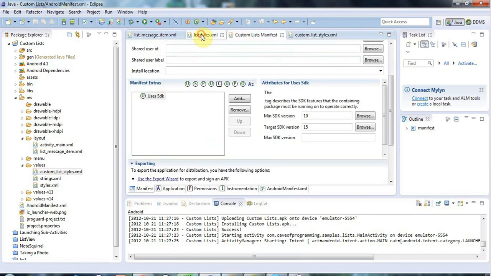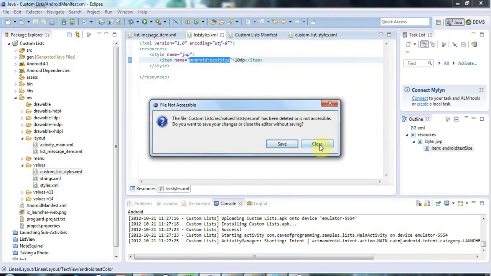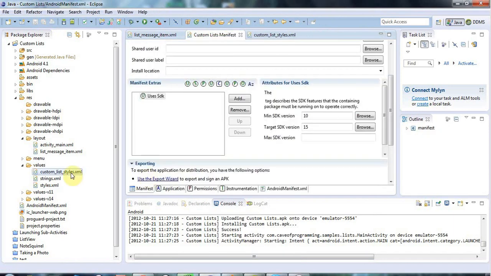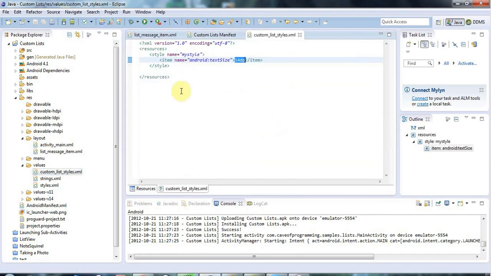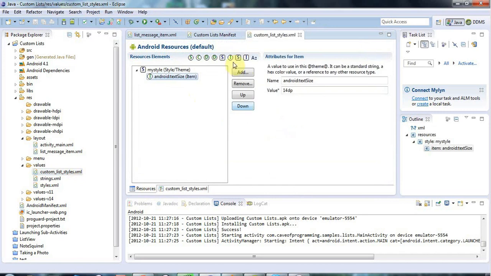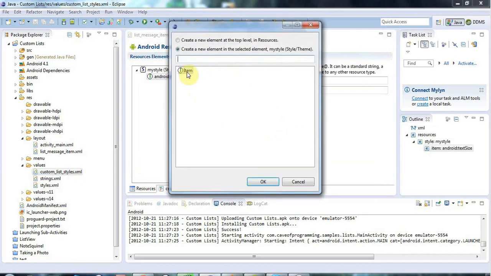And not that one, this one, list. Oh, that's an old file actually that I've got open, so I'll close that. Let's go to custom list styles.xml here, go to the resources view and click add, and I'll add another item,